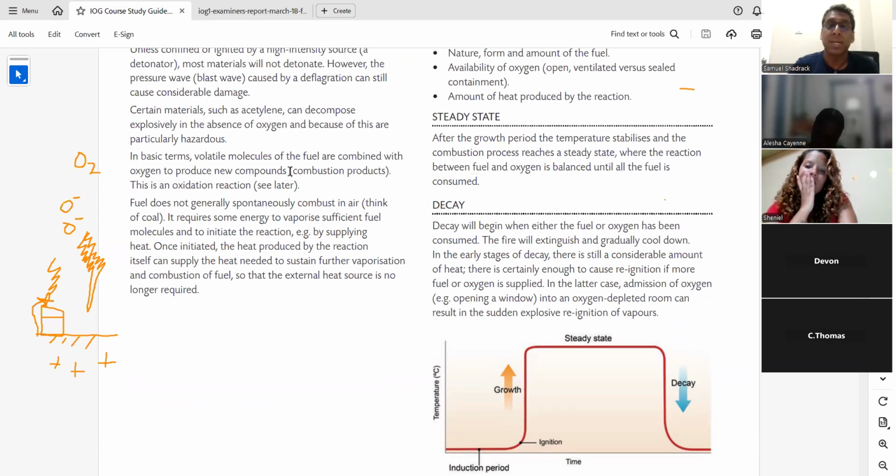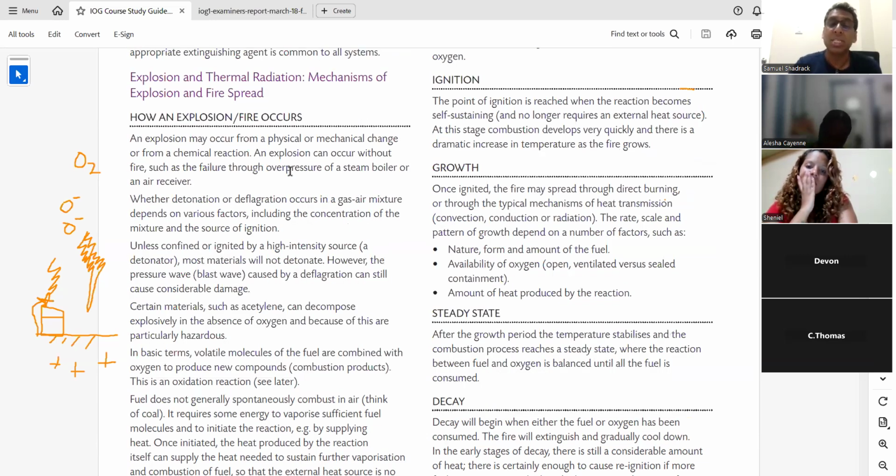Please, please, please learn this one, right? Let me just touch on it. I won't read all of it, but ignition is pretty short, so maybe you could read all of that. We'll touch on the next piece of it and the next piece of it again, right? So the point of ignition is reached when the reaction becomes self-sustaining and no longer requires an external heat source, right? So think of you trying to light a fire. It will start to light when the vapors and the air reach the correct concentration and the fire could keep on going, right? At this stage, combustion develops very quickly and there's a dramatic increase in the temperature